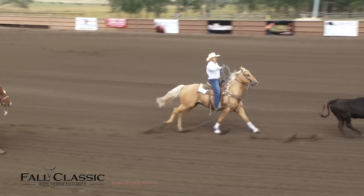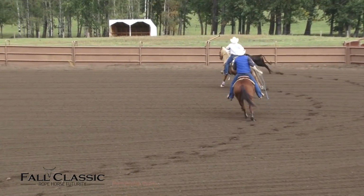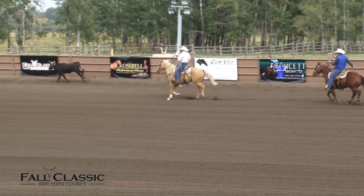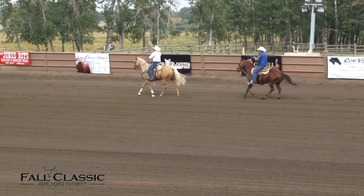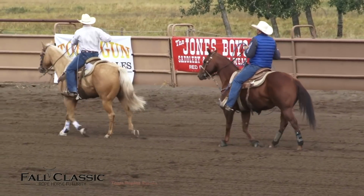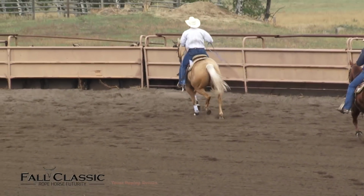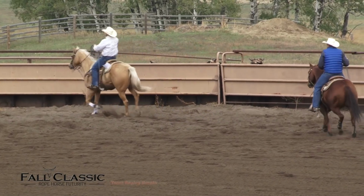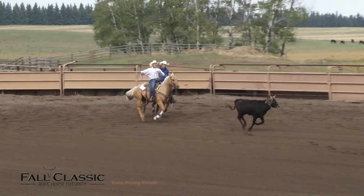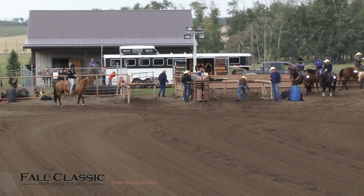Oh, dang it. Same rules apply as far as our 3-loop rule. You have 3 loops to get the steer captured and show the horse to the best of its ability. We got 30 seconds to do it in, same as it was in the heeling. Steer's going to run off and high on these guys. Ah, dang. There's our time limit, so going to be a no score for our first horse here on the